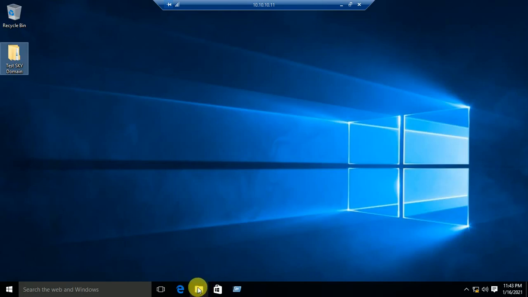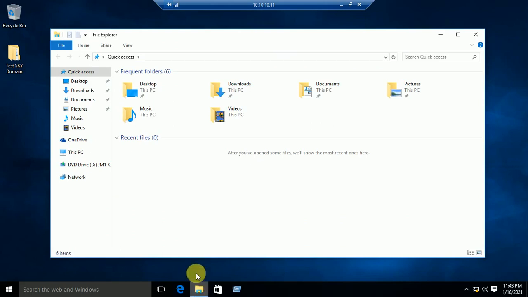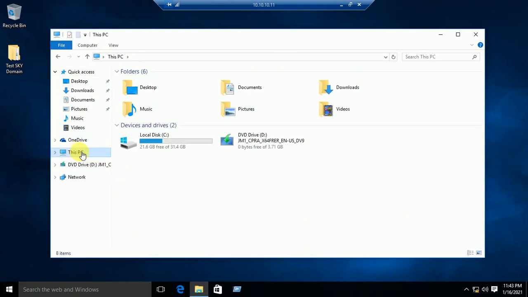So again I am going to show you how you can remove. So just you need to open Explorer. If you are using Windows 10, then here it will show This PC. Otherwise, if you are using Windows 7 or Windows XP, it will show as My Computer, but in Windows 8 and 10 it will show as This PC.